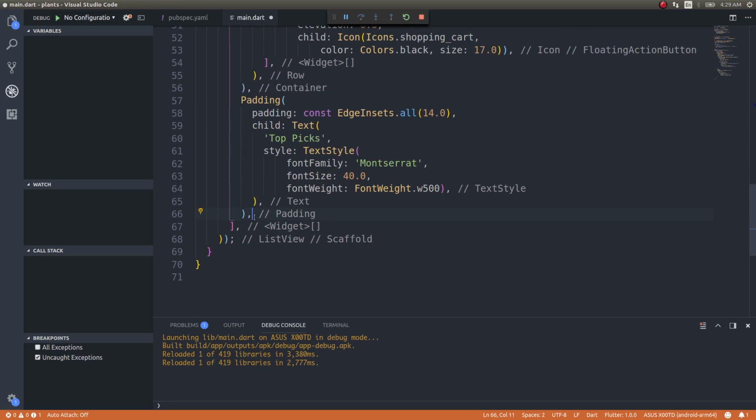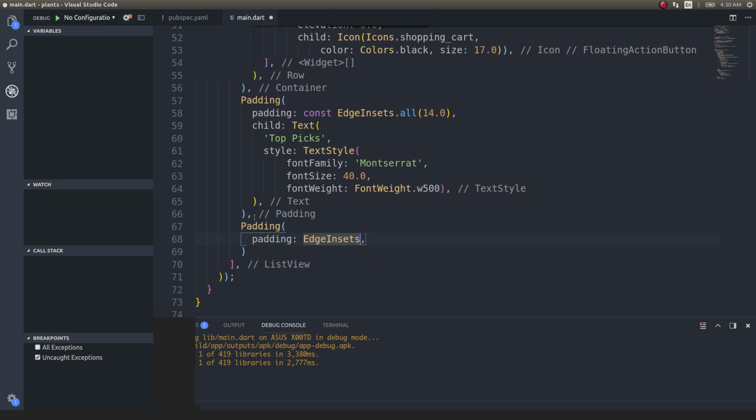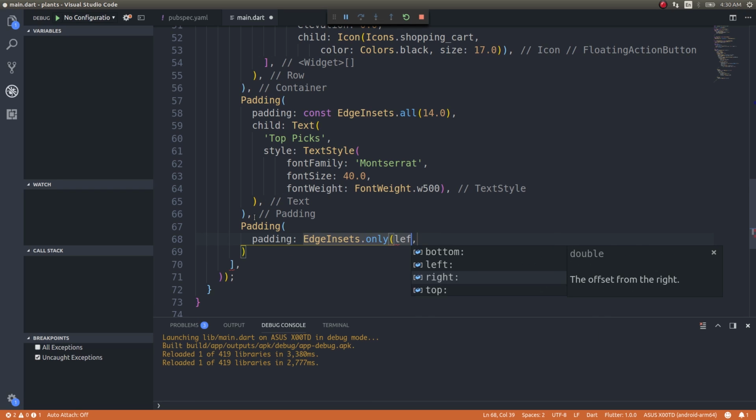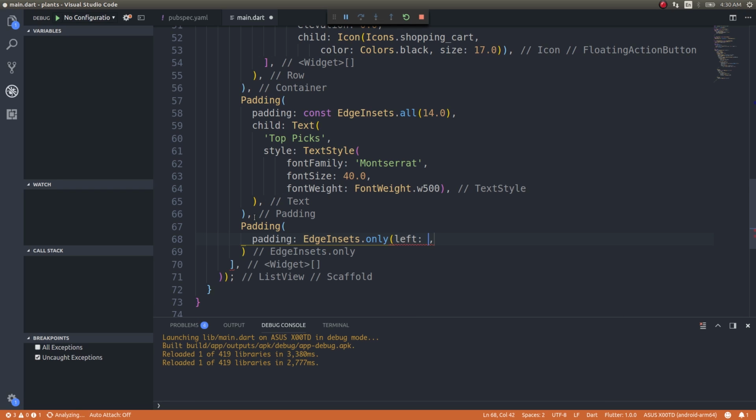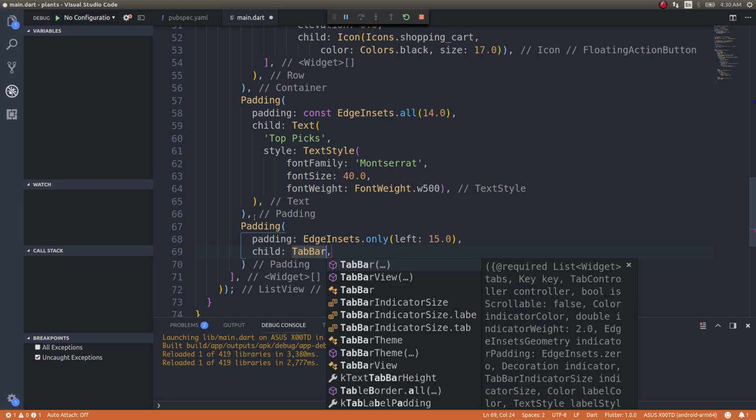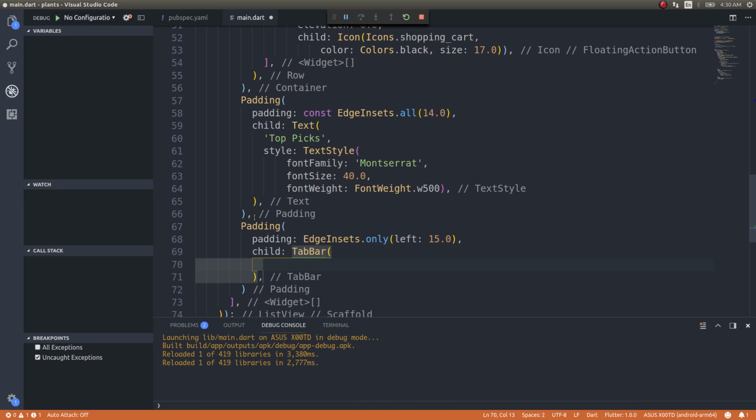So after this I'll give it a small padding of edge insets dot only left 15.2, and then child tab bar. Fine. And inside this controller, tab controller,